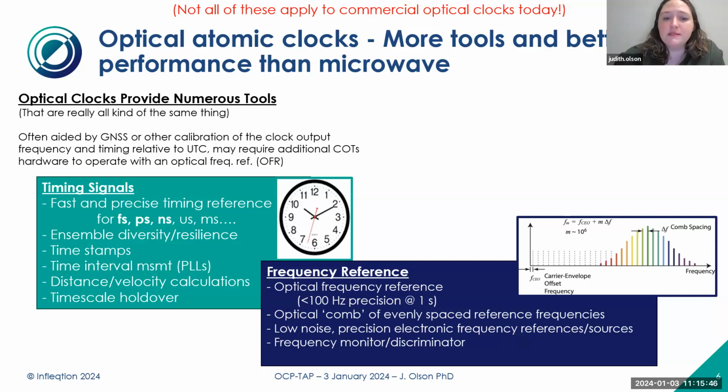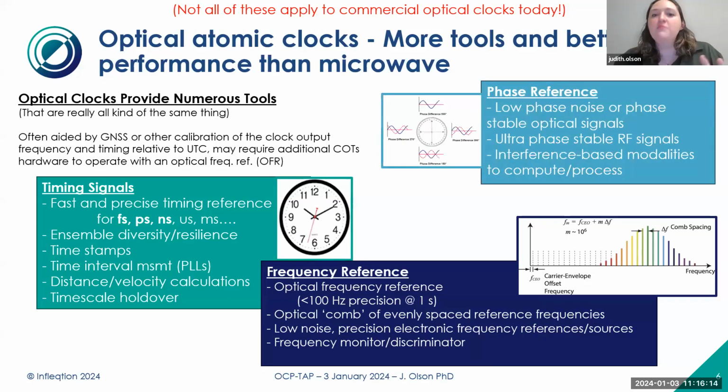The frequency comb that is built into these allows you to then also kind of measure any optical frequency within the range of your comb. And the comb is typically at least octave spanning. So it usually at least goes about a micron or 1,000 nanometers in its spacing. And then these are also very low noise precision electronic frequency references when you do that down conversion. And that's really useful for monitoring your frequencies or doing a frequency discriminator to have a feedback system of some kind. And then when you get even more down into the dirt on this, you can think of these clocks